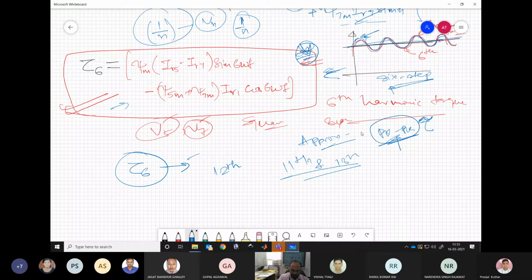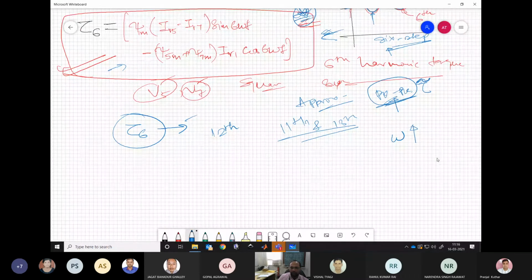So we can derive expressions for that, but the important question is what to do with these torque harmonics. If we have such a harmonic in our system, what will it do? Steady torque is responsible for having steady speed omega, but the pulsating torque, or this torque harmonic, will give ripple on omega, which means what? If under steady state this is our omega, then with the harmonic the actual omega would look like this.